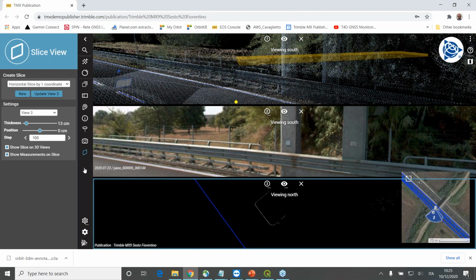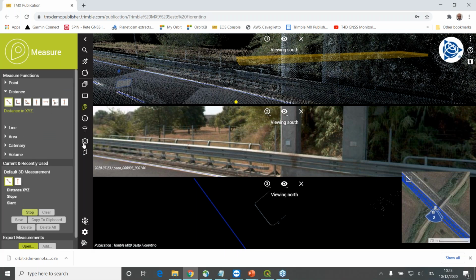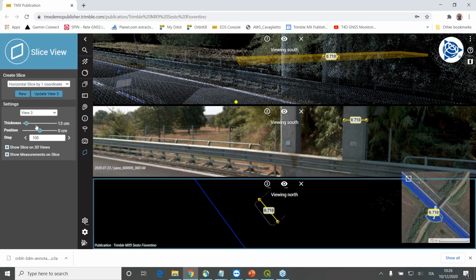And once I have this, what I can do also from here is go to the measurement tools, and again, maybe I can take the distance measurement tools, and also from here I can do my measurements, and this information can be saved or exported or used as a kind of verification workflow. You can create horizontal intersection planes, or if I go back to here,